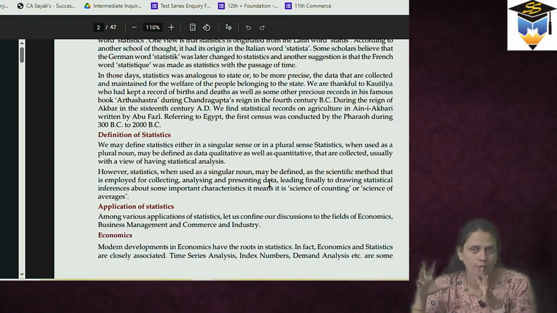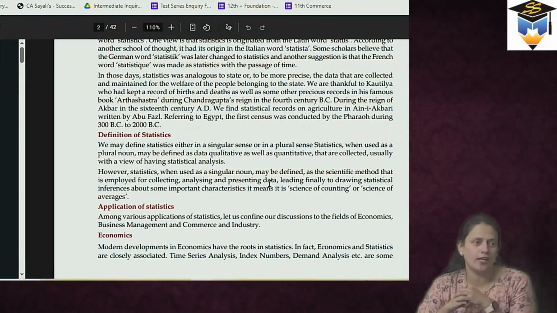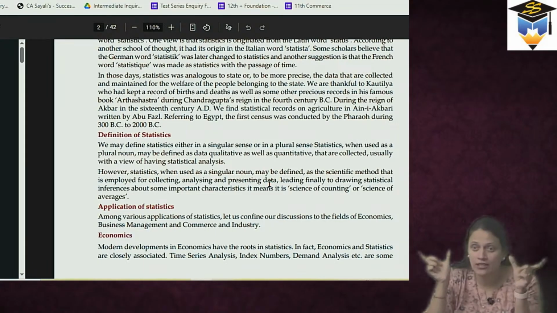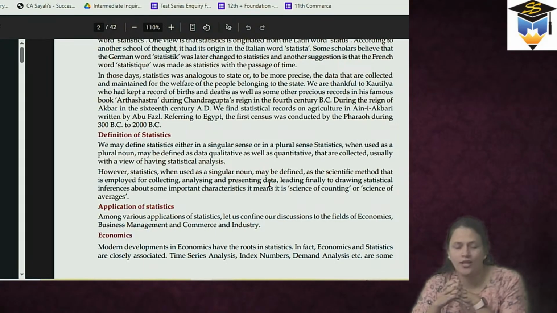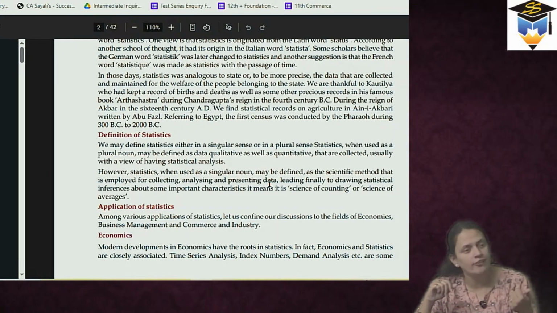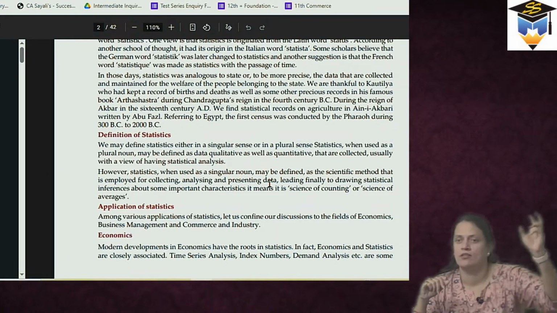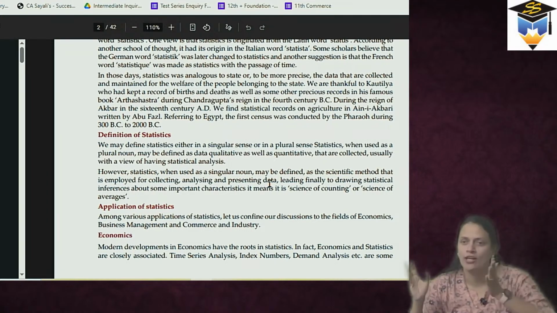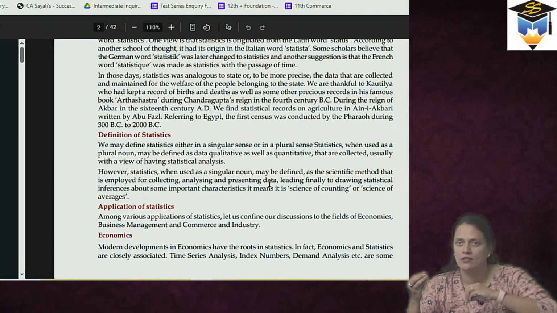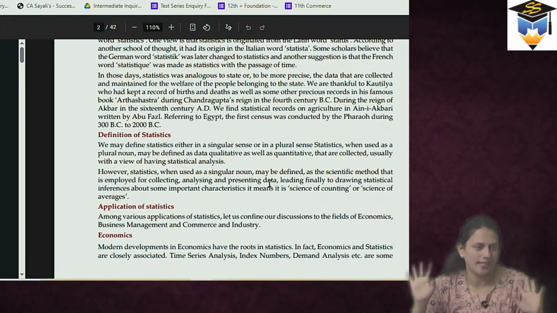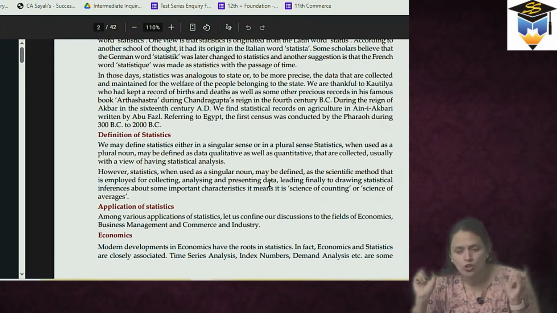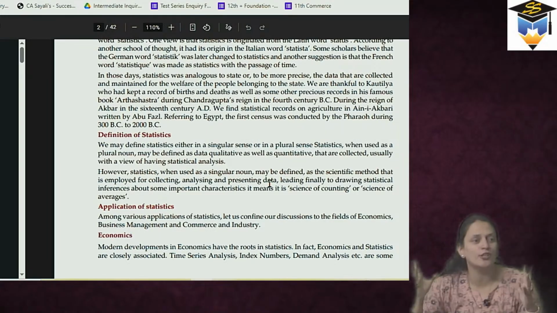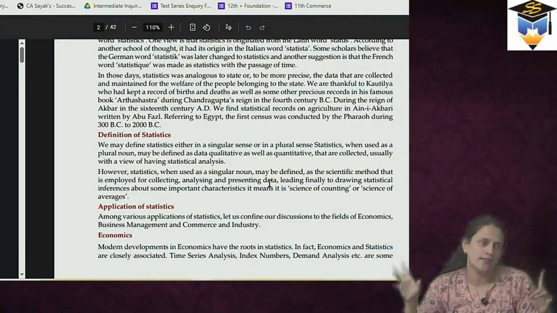So for the population, what will be the qualitative data? How many are men and how many are women? That will give us the quality. And what is quantitative data? Suppose people having a job is let's say 10 lakhs, not having a job is 2 crores, for example. So qualitative as well as quantitative data, when it is stored, is called statistics.